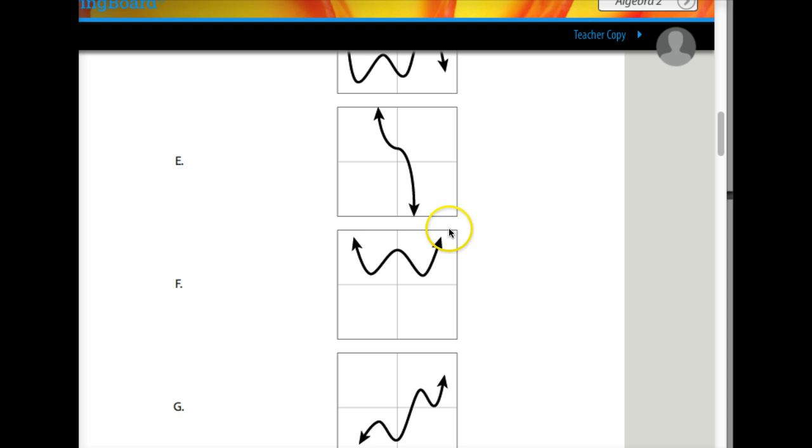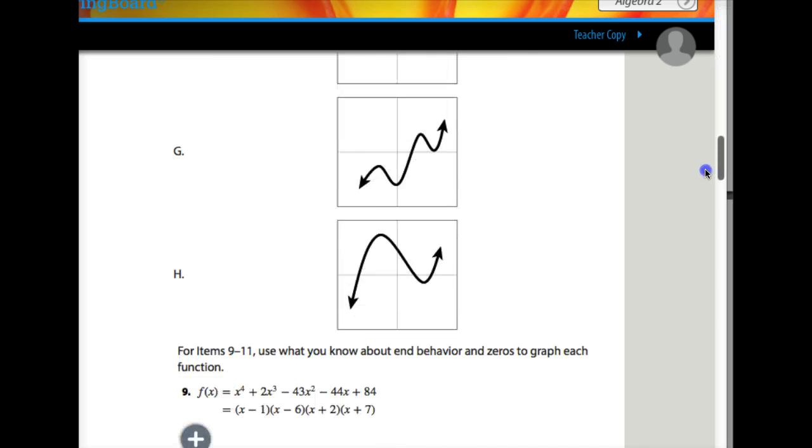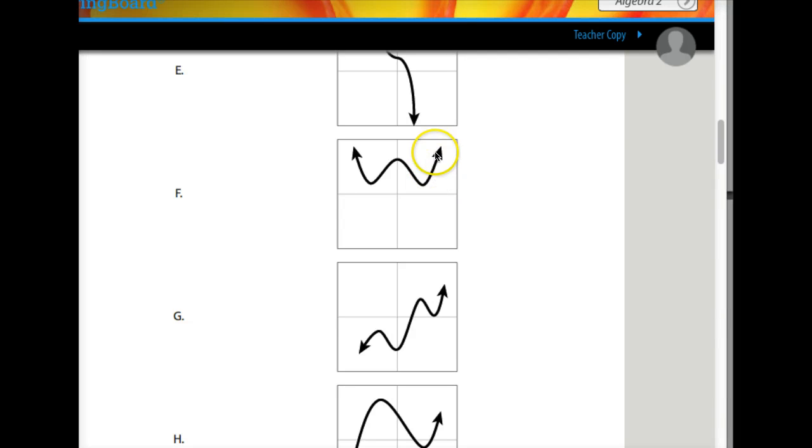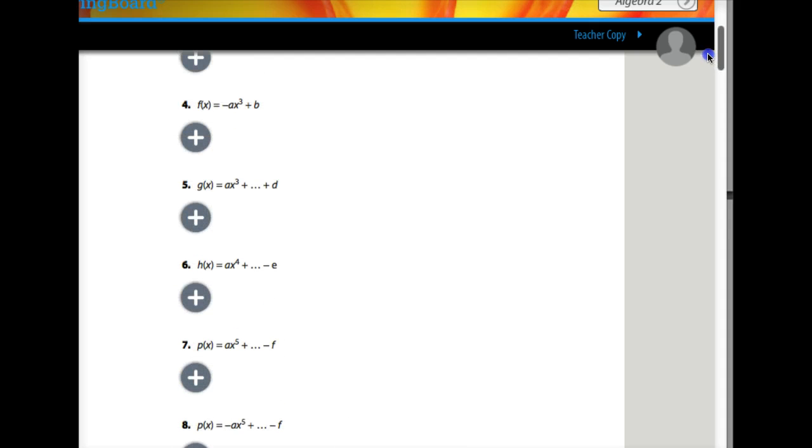And you check to make sure it meets everything else. Is it symmetric about the y-axis? Yes, it is. The last part was the positive leading coefficient. We know that this would have a positive leading coefficient because the end behavior there is going up on both sides. So that would happen for a positive leading coefficient if the degree were even. So that's why we chose F there. Just to look at another one,